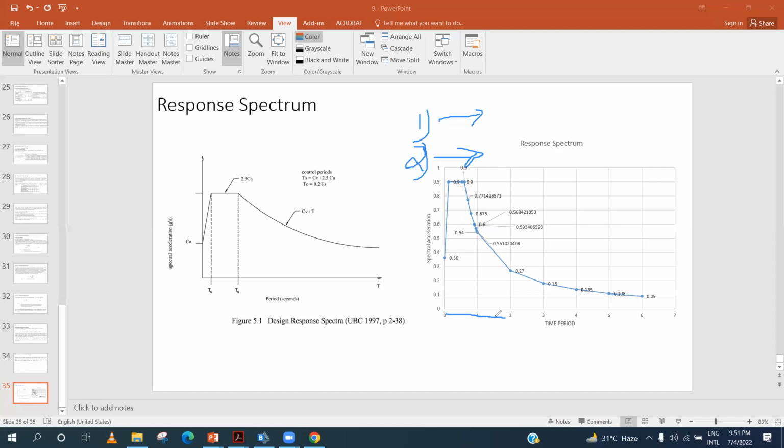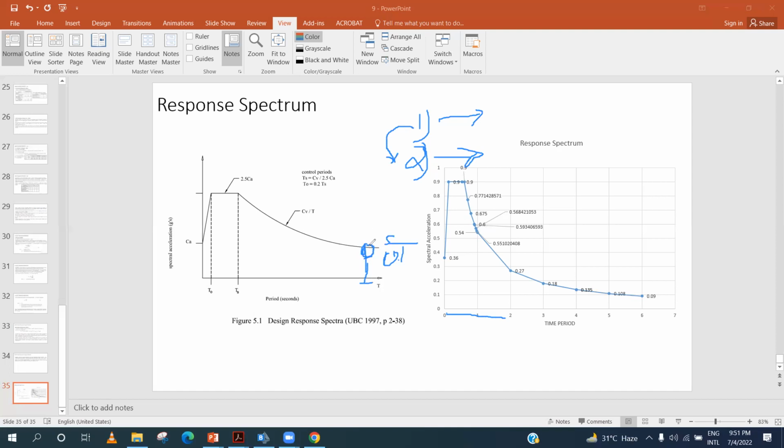These are the time periods. For example, if we have a structure which has a period of, let's say, 0.1 second, and it is hit by this earthquake at this site,